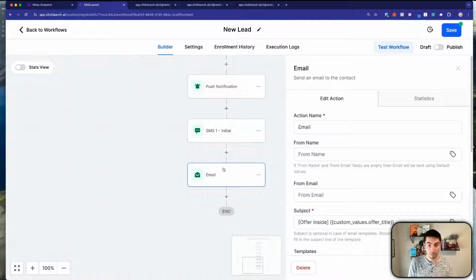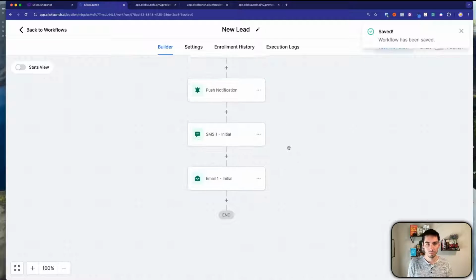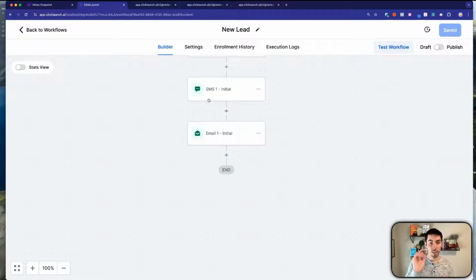Oh, I didn't name it, so I'm going to come back in here and name it email initial. So now you have the initial text that went out and the initial email that went out. I'm going to save that just to make sure we don't lose the information. So after that, now that they've sent the text and the email, the next thing that I want to do is